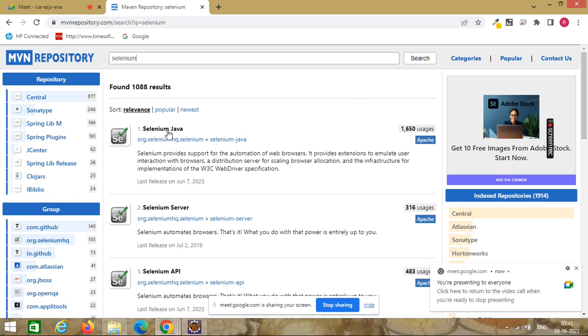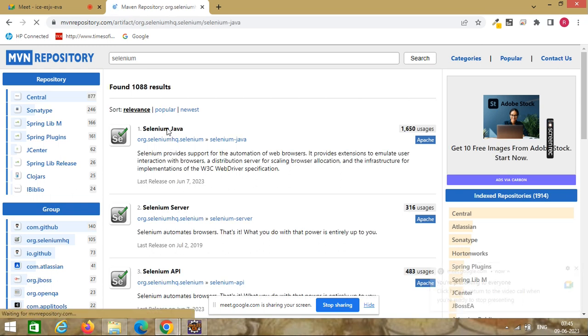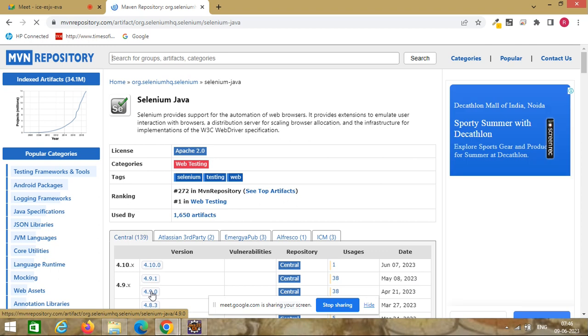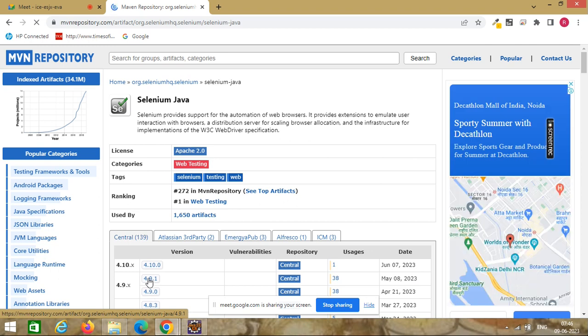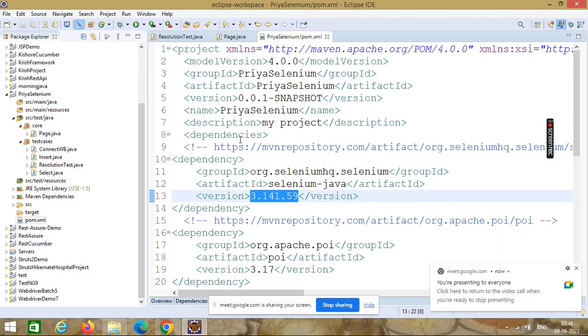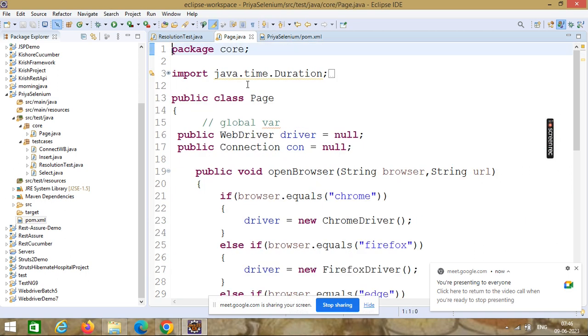and then Selenium Java. Select the latest version like 4.9.0. So select this version, and you use this, like we were doing with Chrome driver.